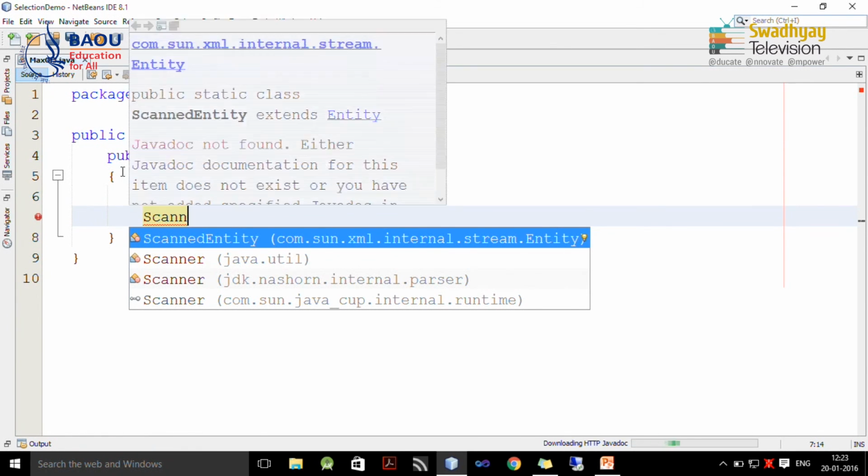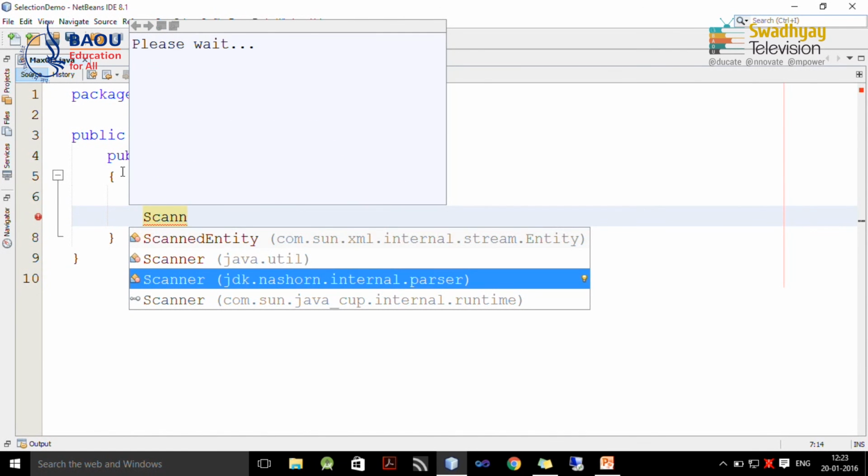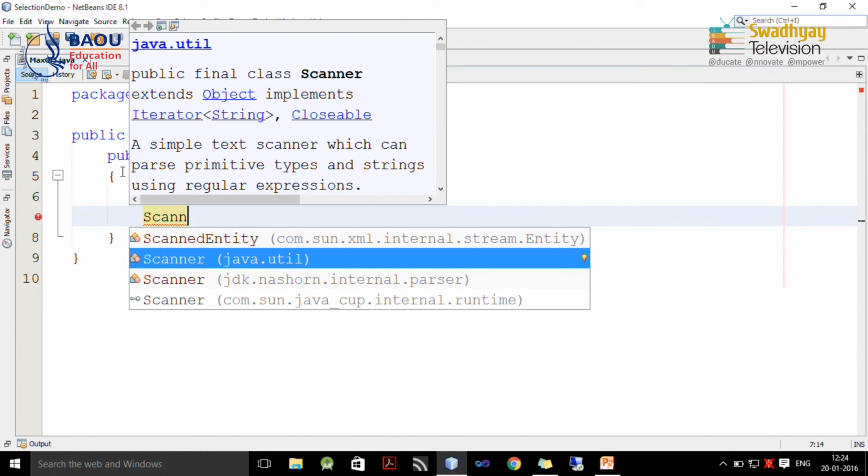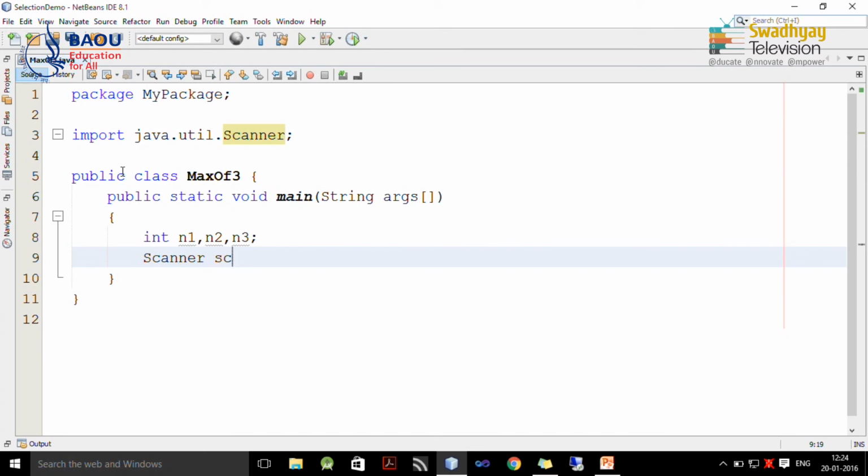By pressing Control space bar, you can activate IntelliSense or help. From the list you have to select Scanner. You can see our Scanner class is from the java.util package, and after selecting the Scanner class, you have to press enter and create an object name, which is sc in our case.